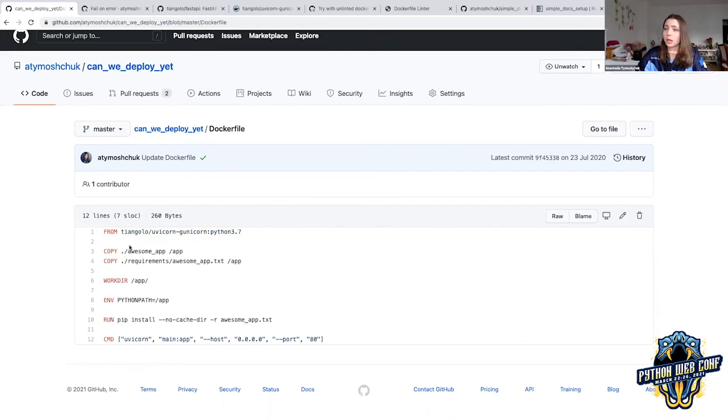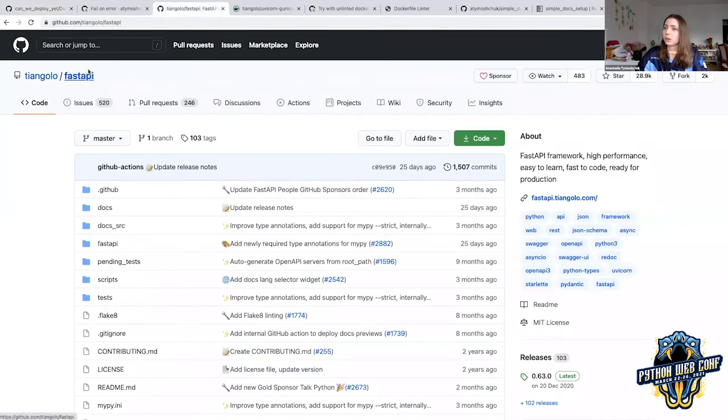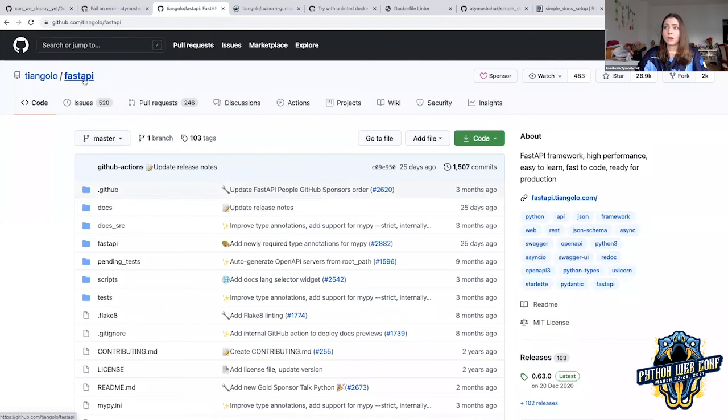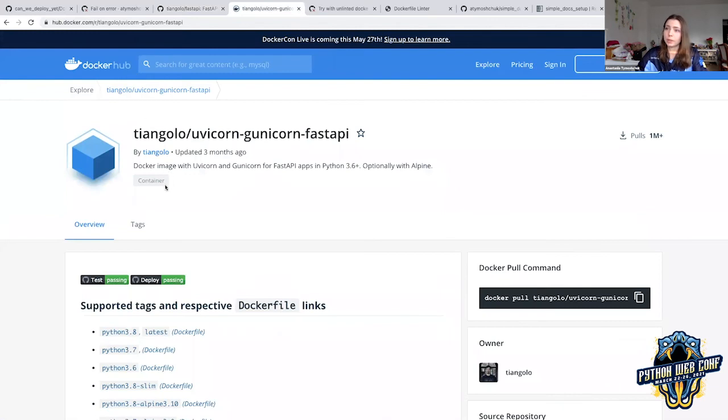So let's check. In this application, I'm using FastAPI, and I needed a specific image for FastAPI. So I went to FastAPI, and I saw that this is the creator of FastAPI. Of course, I want to use an authentic image. So I went to Docker Hub, and I found this image from the same creator.